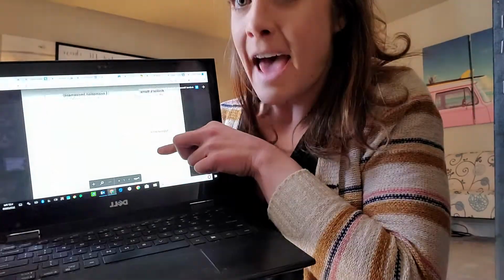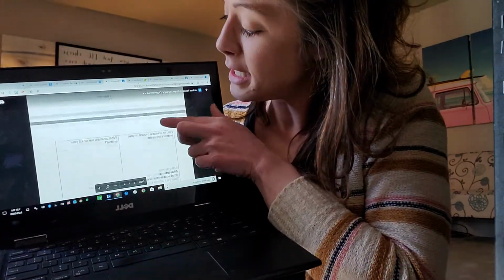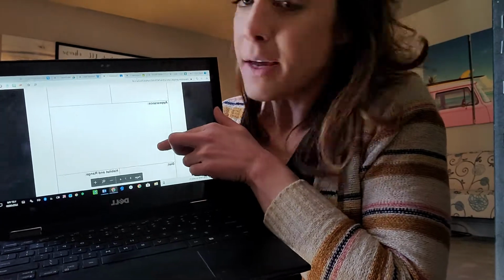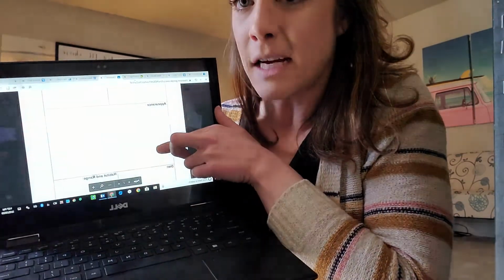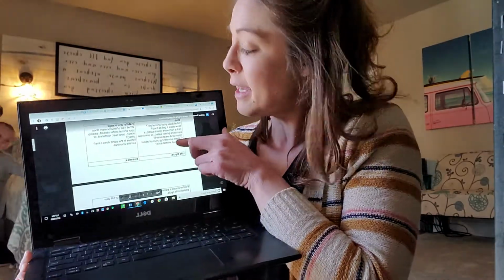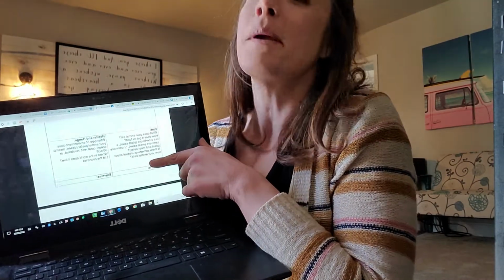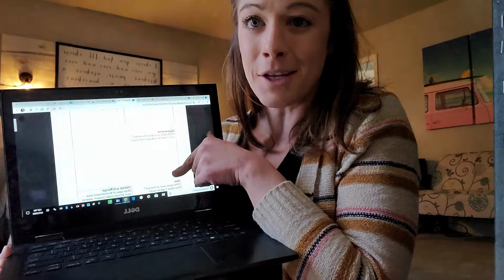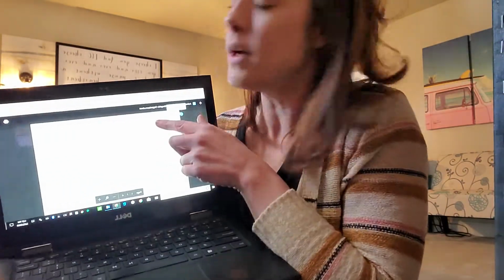Once they've done that, there's questions, and then there's a blank one if they want to type right into an actual blank graphic organizer. We had paper copies of these at the school, and they're in their desks, and they might be frustrated that they don't have access to it, but we are being flexible, right? So once they're done with that,